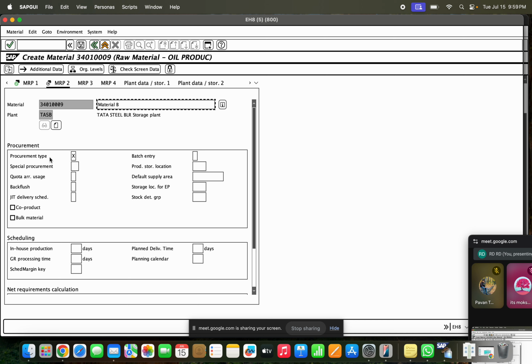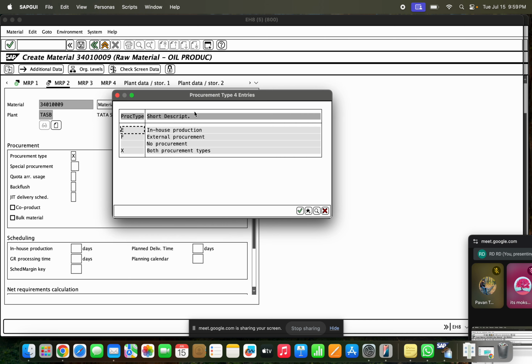Then I go to MRP2. Here you can see the MRP type, the procurement type. This is the control here. If you see X, that means both procurement, internal and external. If it is E, it is in-house production. If it is F, it is external procurement. So whatever you selected here, where you selected,